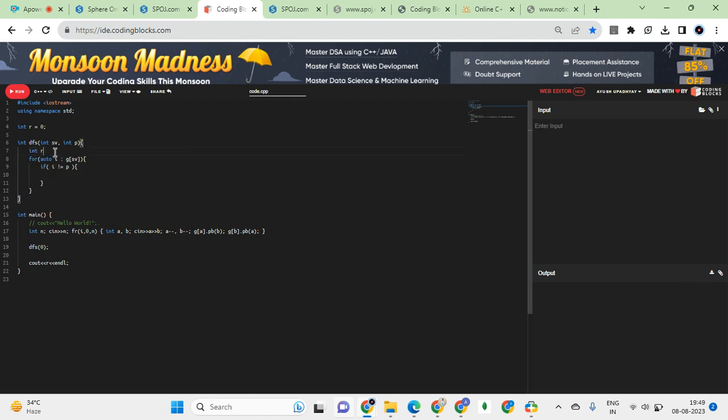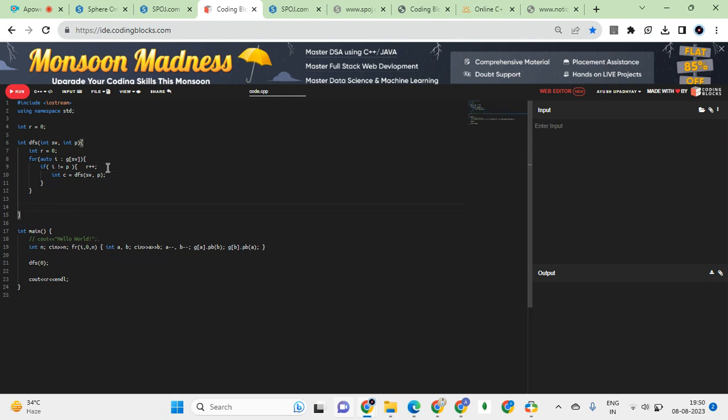And R equal to 0. You count the neighbors. Whenever you go down over here, you do R plus plus, for children basically. Then go for DFS of children, right? And do int C is equal to, it will just return me the number of nodes that you have. No, the answer for that, BFS of SV comma P after pre-processing. What is pre-processing? Pre-processing is R plus equal to n minus 1.